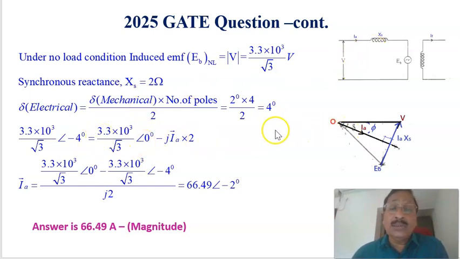This is equal to the terminal voltage, 3.3 into 10 raised to 3 divided by root 3 at phase angle 0 degree, minus j IA into the drop across the 2 ohms. Substituting, the armature current IA equals 3.3 into 10 raised to 3 divided by root 3 at angle 0 degree, minus 3.3 into 10 raised to 3 divided by root 3 at angle minus 4 degree,